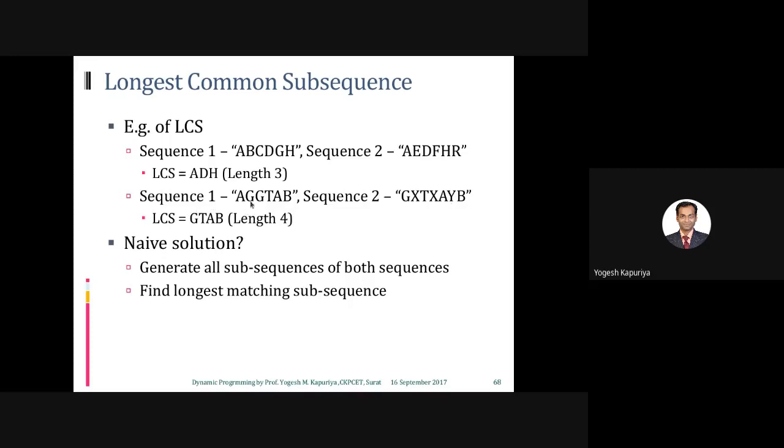Now you are trying to solve a sub problem. What is that sub problem? You will try to identify a subsequence between AGGTA and GXTXAY. Okay. So your main problem is divided into a sub problem, plus because the last character was matched, you are assured that there is at least one character which is already there in both the sequences. That's why you are saying 1 plus.